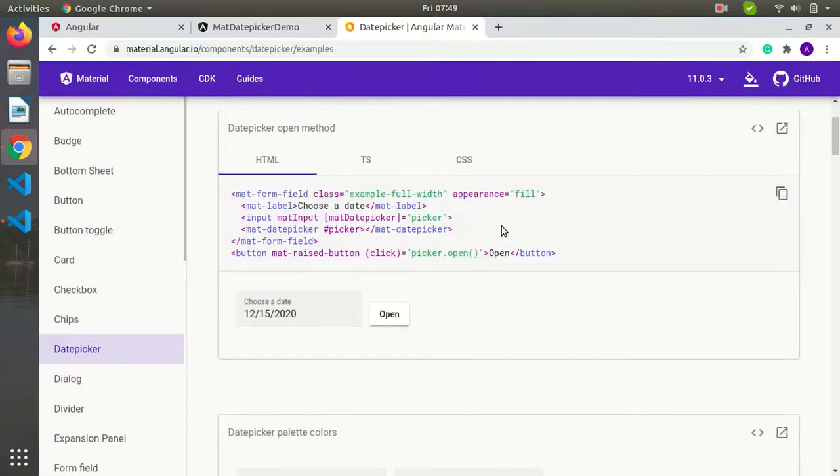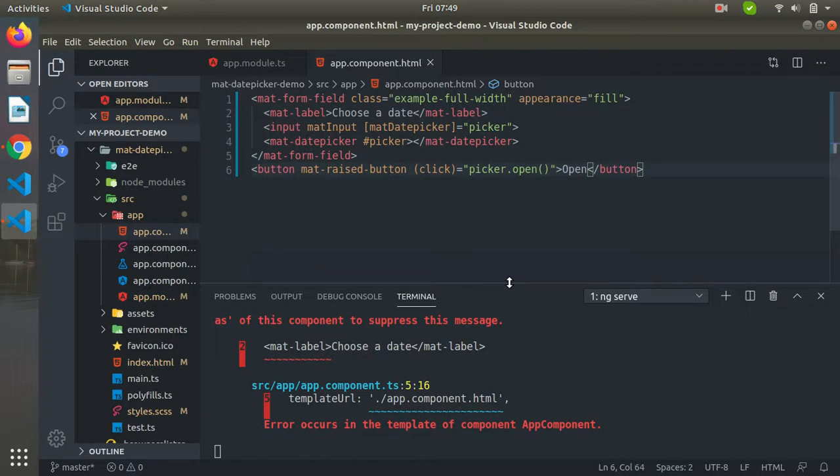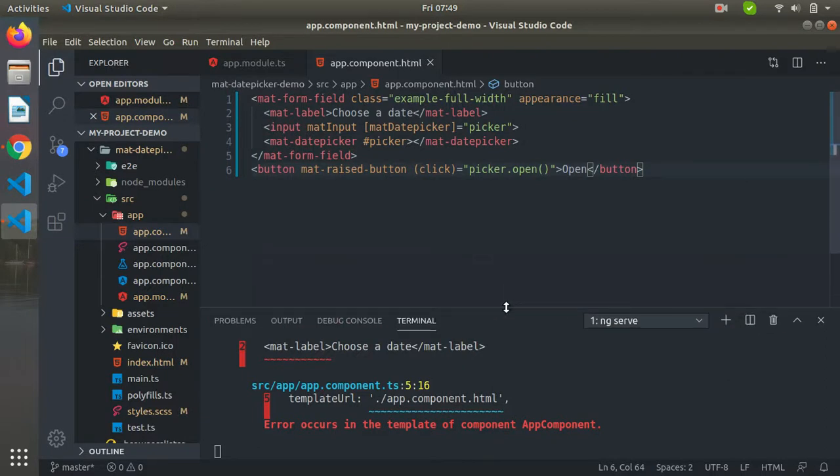Okay, so one more thing, if you are using mat form field, you have to import the form field module into your app module TS file. Also, if we are adding mat input into our input field, this is also a Material input, so we have to import the corresponding modules for these two things.